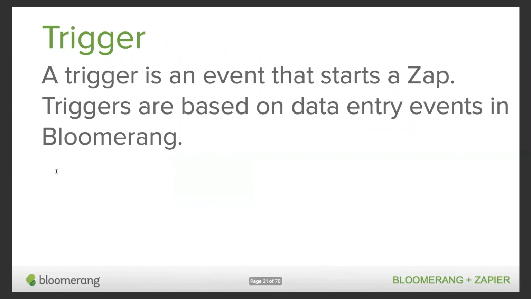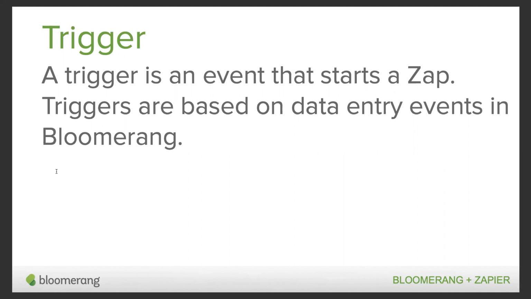First, let's talk about triggers. A trigger is an event in Bloomerang. So when an event happens, the trigger starts a zap. Each trigger event starts that zap to run and complete a subsequent set of actions. So for example, if I enter 3 new constituents in Bloomerang, and I use the new constituent trigger, my zap will run 3 times, once for each new